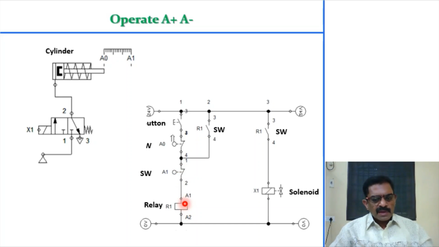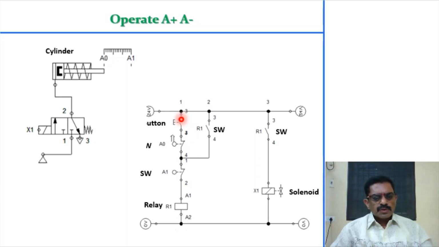And a relay, this relay I am using here. So this relay will actuate this. So this relay I can use as a time delay relay. So if I use some seconds, after some seconds this will be actuated, then this will become a closed contact. This will actuate this solenoid. So this solenoid, once it gets actuated, this position will be occupied here. So power will go to the blank end, the extension takes place, and if you just release this switch, retraction immediately takes place. So it is a simple A plus and A minus operation.